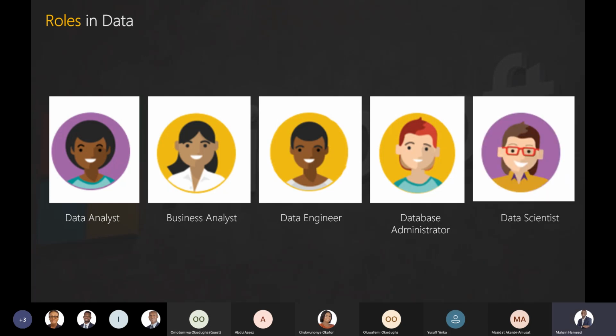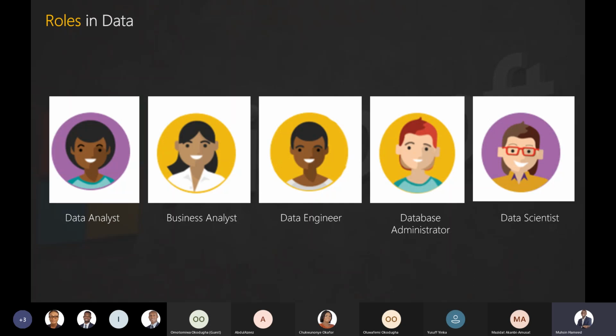The last of them is the data scientist. The data scientist explores and experiments with new things around data. Majorly, some of what they do is around what we call predictive analytics and other stuff like that. Essentially, they work as analysts too. They work on big data, but majorly they research and create better ways of analyzing data. Really, they are supposed to be in the research aspect of data.